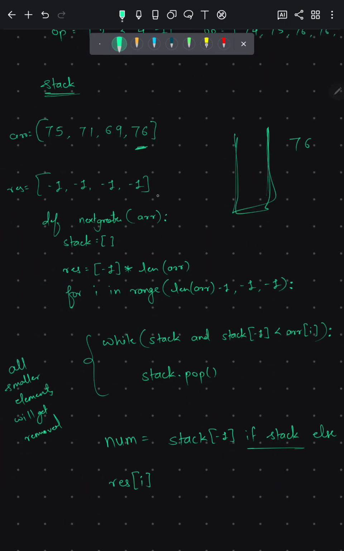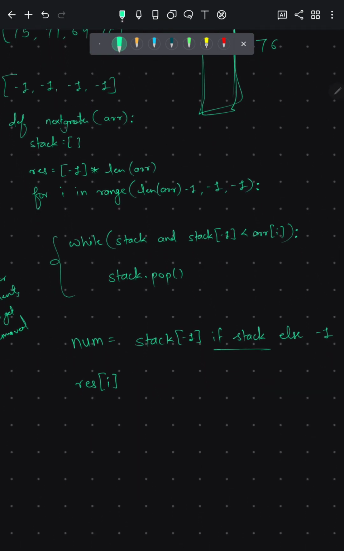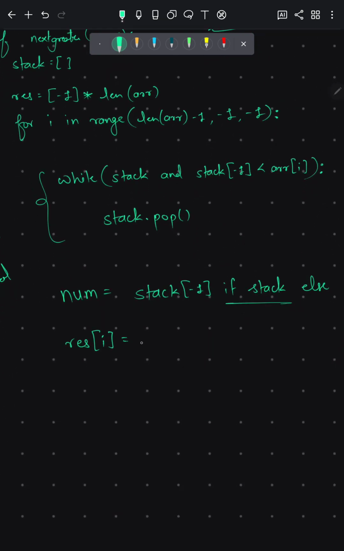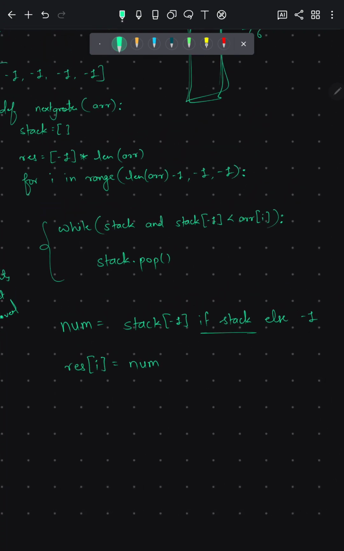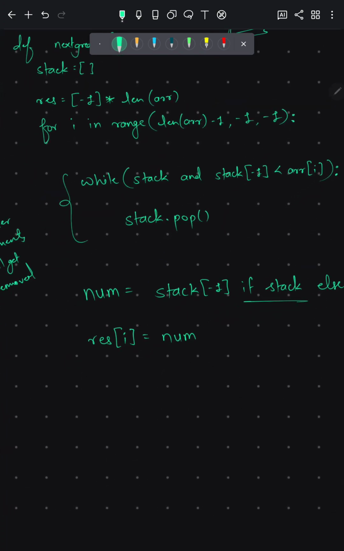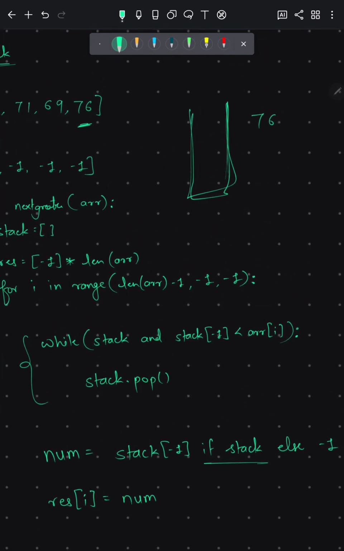If we put append, it will go here, because we have already declared result like -1 into 4 here. Okay, so result of I will be num. You can directly copy this sentence and put it here, but just for simplicity I am doing this. And after appending to the result, what are we going to do? We are going to put it in the stack.